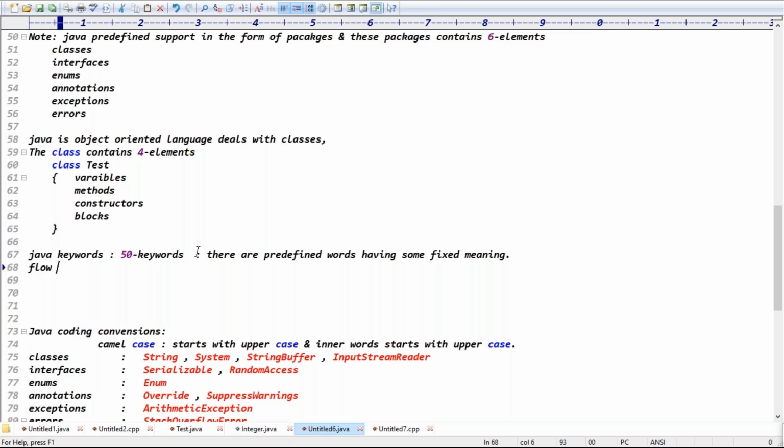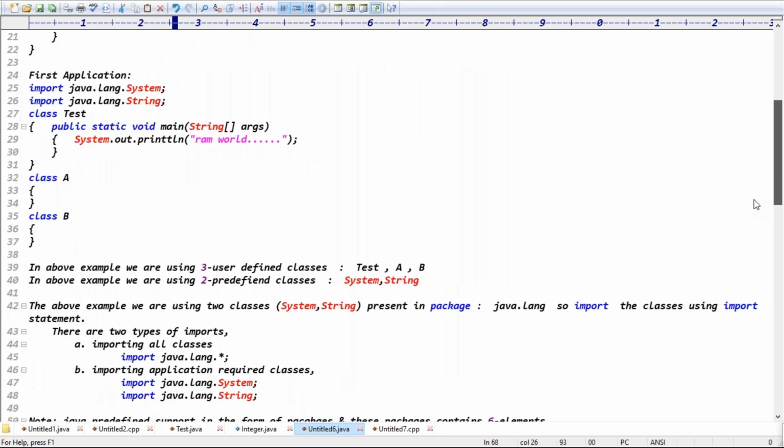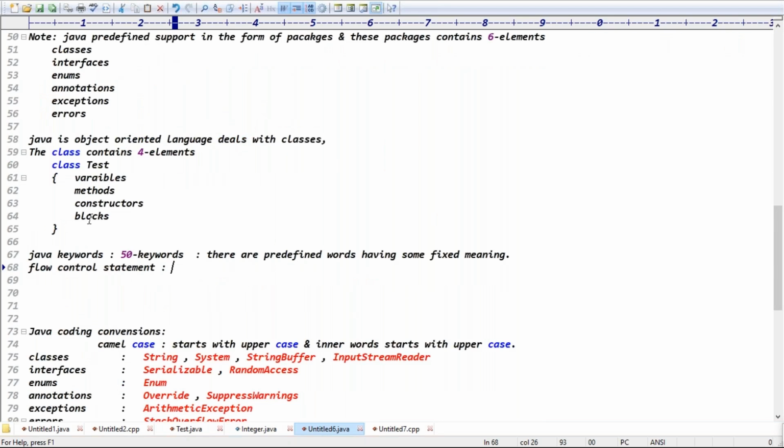When you come to the keywords, guys, the first category is flow control statements. In flow control statements, we'll discuss the if keyword, else keyword, and the switch keyword.